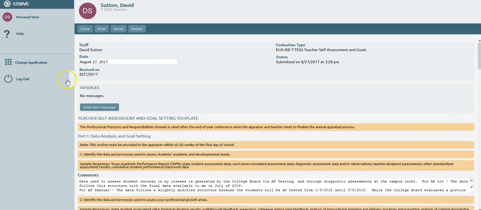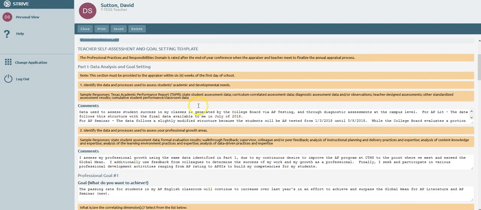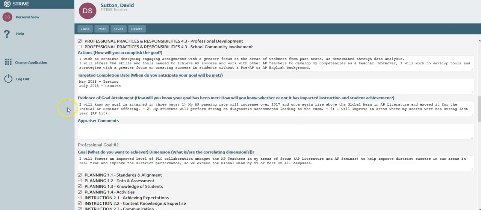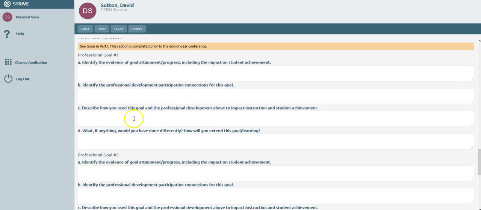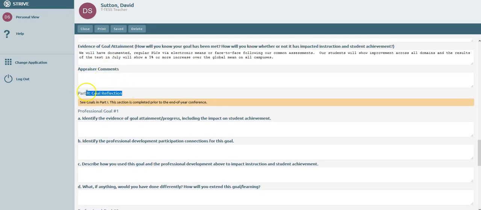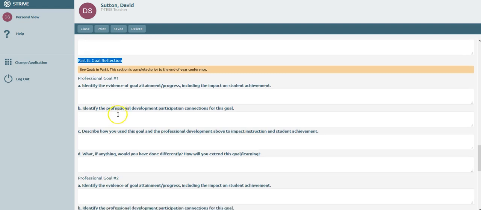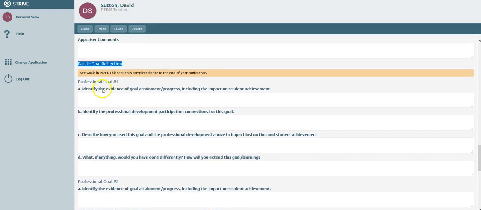All I have to do is click on this. As you can see, it's got all my filled out information from part one, and you scroll down a little bit and here's part two, goal reflection. This gives you a place for each of the goals that you listed up in the upper portion. You can come down and actually track how things went with the goals, if they're still in progress slightly,